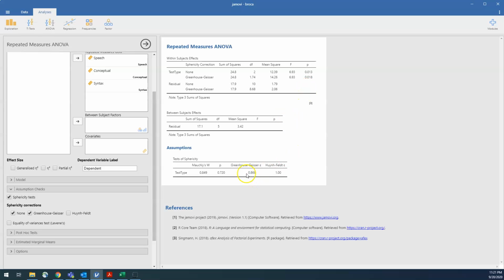I never can remember the Greenhouse-Geisser procedure here, this 0.75. I don't expect you to remember that. What you should know is the power of Google. If you ever don't know what to do, how to interpret any of this stuff, just Google, like, how to test sphericity, and then how to interpret sphericity output, and Google Greenhouse-Geisser, and you'll forget this stuff. I promise you'll forget. I forget it. I have a PhD in this stuff, and I still don't remember all of it.